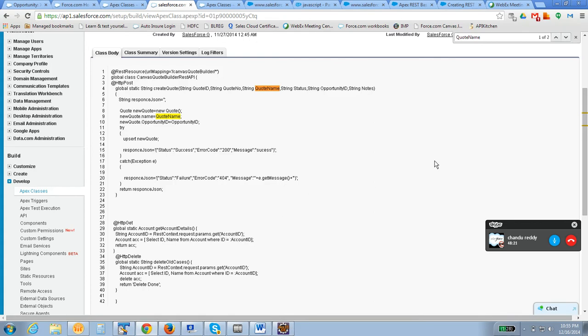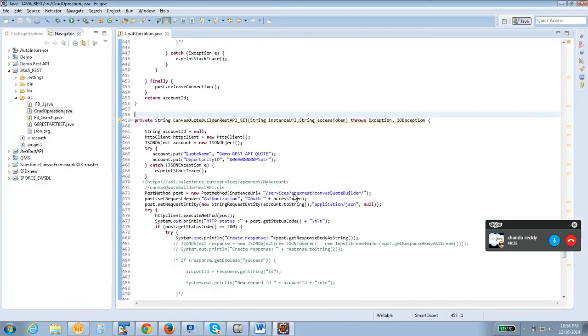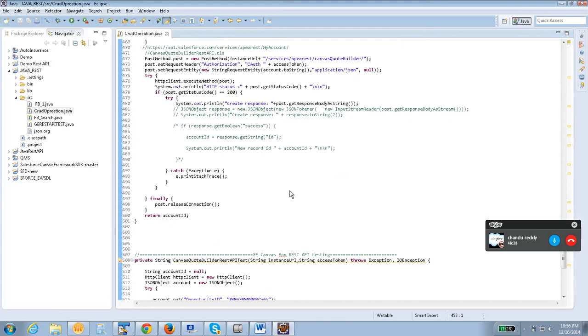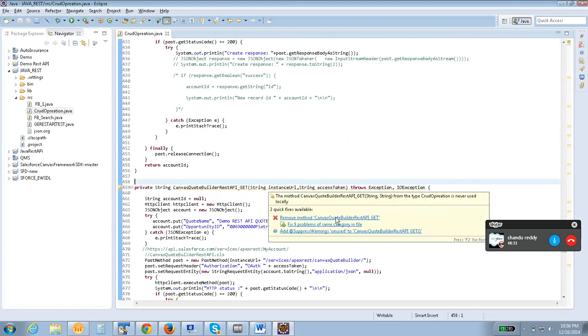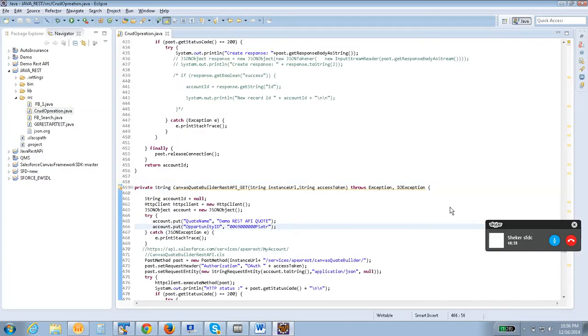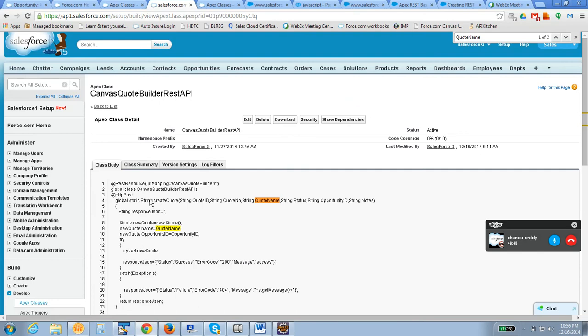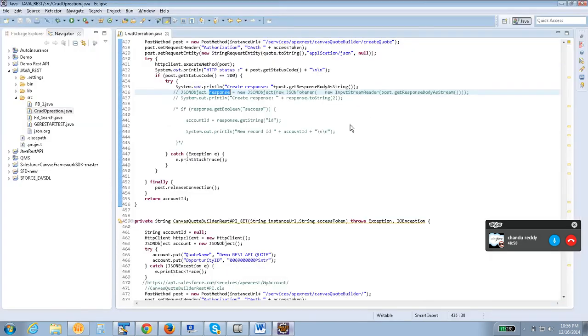Suresh, one thing: you want to send a list of records, right? So the JSON will come as a list of JSON. Let me say you want to send it back as a list of accounts or a list of whatever it may be. While receiving this, it will be received as a JSON array, where we can put a for loop and iterate over it. The JSON will come as an array with square brackets.